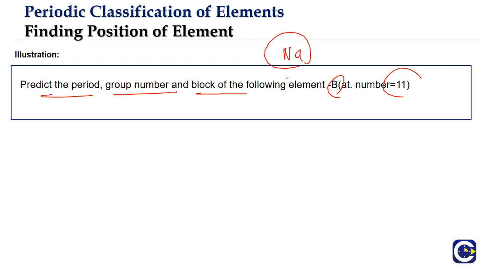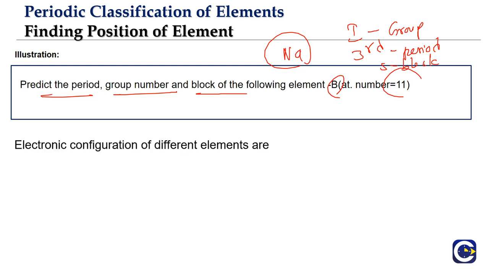But if you want to follow the normal approach: if you know that the element is sodium, we know that it belongs to the first group. It is an element in the third period and it is an S block element. If we identify the element, we will know the information broadly. But let us try to find out the same thing by using the electronic configuration. So look at it. 11 electrons, how do we write? It will be 1s2, 2s2, 2p6 and then 3s1.